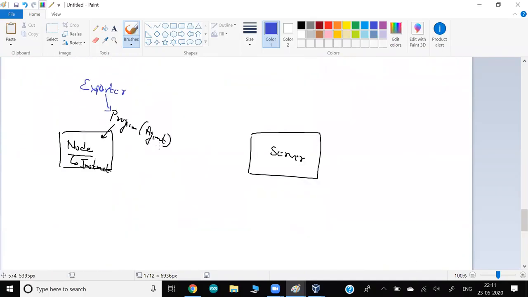Normally in the other world it is known as agent, but here this program is known as exporter. What is the exporter's duty? Whatever code we have in the exporter is a kind of program. It collects all the information from the system like RAM, CPU, and so on. And whenever Prometheus comes to this program, the exporter, at that point in time, whatever data it has in the system, it gives to Prometheus. Okay, so that would be our plan.